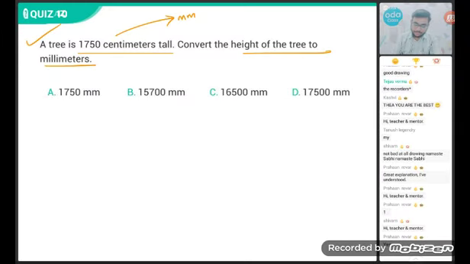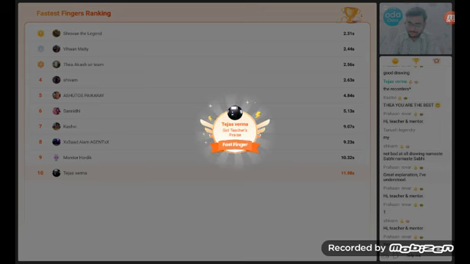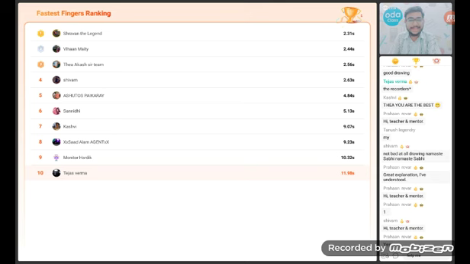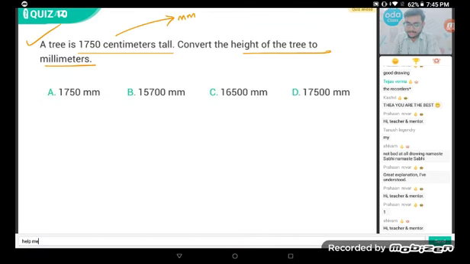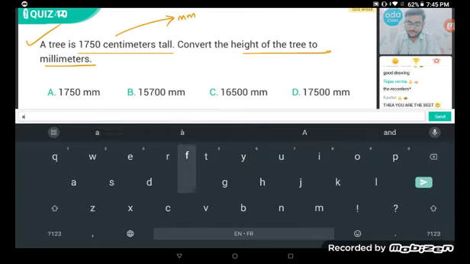Congratulations to each one of you. Great performance, students. Let me clap for each one of you. Amazing performance. If you perform like this in the entire class, children, then definitely, Ishika Singh, very well done. I can assure you that you are going to be the topper of the school, and bring good marks too, right?